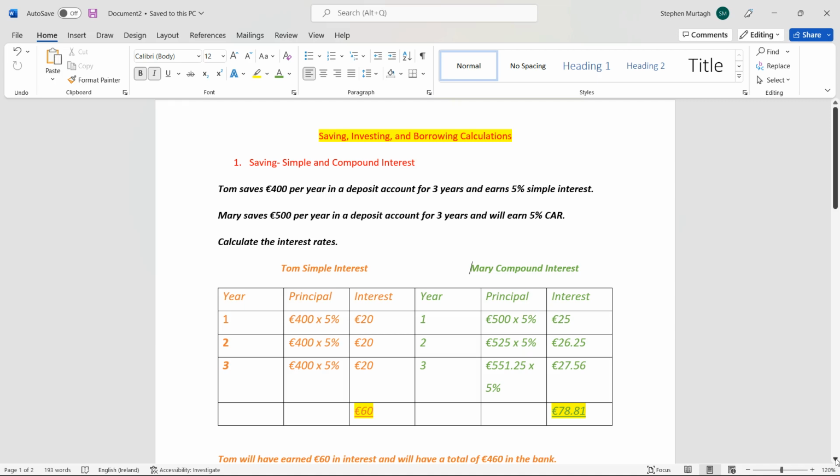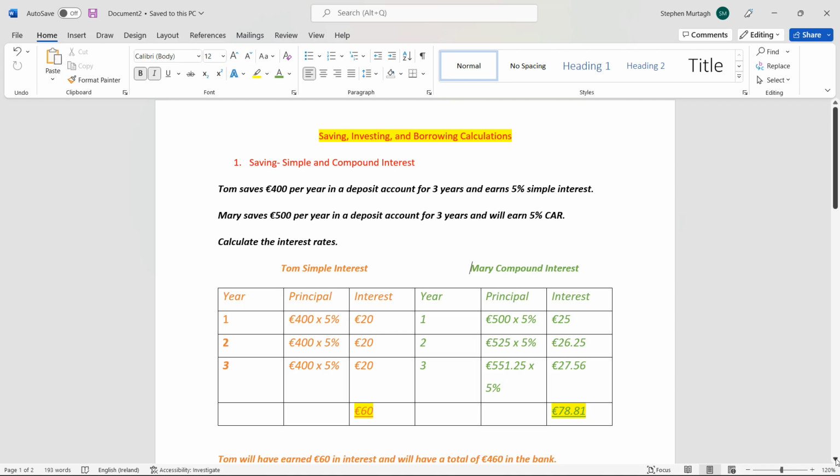€26.25. And in year three, you're going to add the €525 plus the €26.25, and that gives you €551.25. So in year three, it's the amount that's in her bank account. €551.25 by 5% is €27.56. So her interest is always going to be on the amount that's in her bank account at the start of the next year. So when we add Mary's interests together, 25 plus 26.25 plus 27.56, her interest earned is